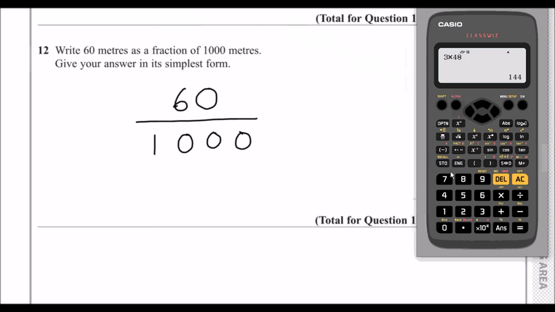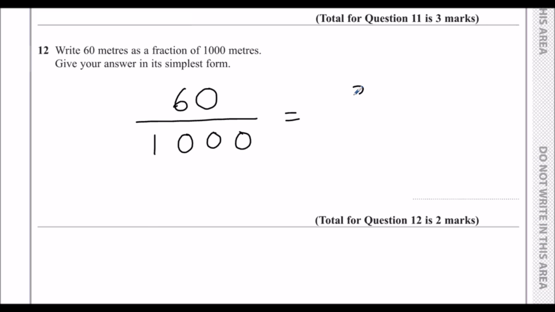Question 12. Write 60 meters as a fraction of 1,000 meters. Give your answer in its simplest form. So 60 as a fraction of 1,000. That's not in its simplest form, but we can ask the calculator to simplify it for us. So 60 over 1,000 is 3/50ths. So that's our answer,